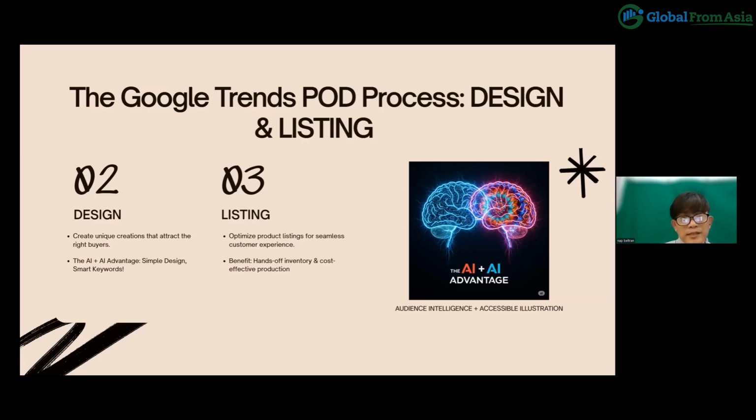Again, the design would be based on what your research has validated. Once you have the research validated, like in the sample I told you about the doctor's writing, you can start your design. It's as simple as telling the AI tool, give me a design for a funny doctor shirt with a funny writing or a scribble prescription design.